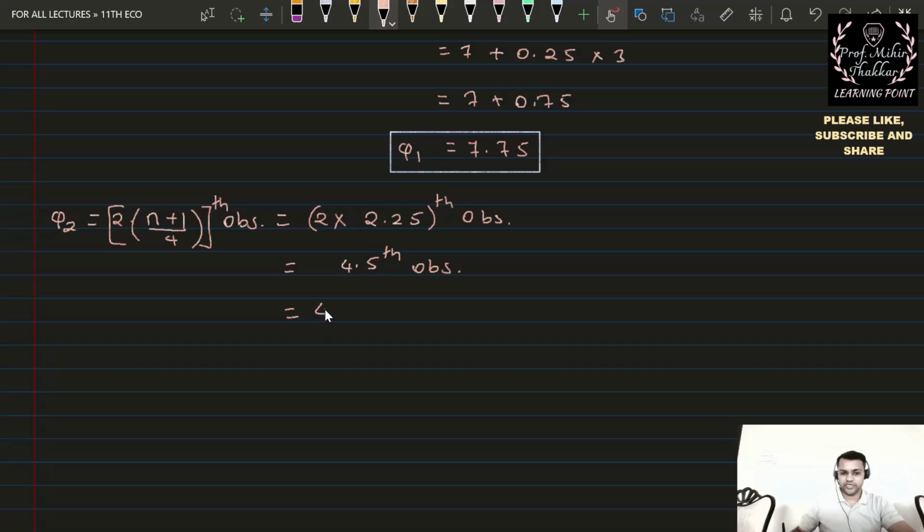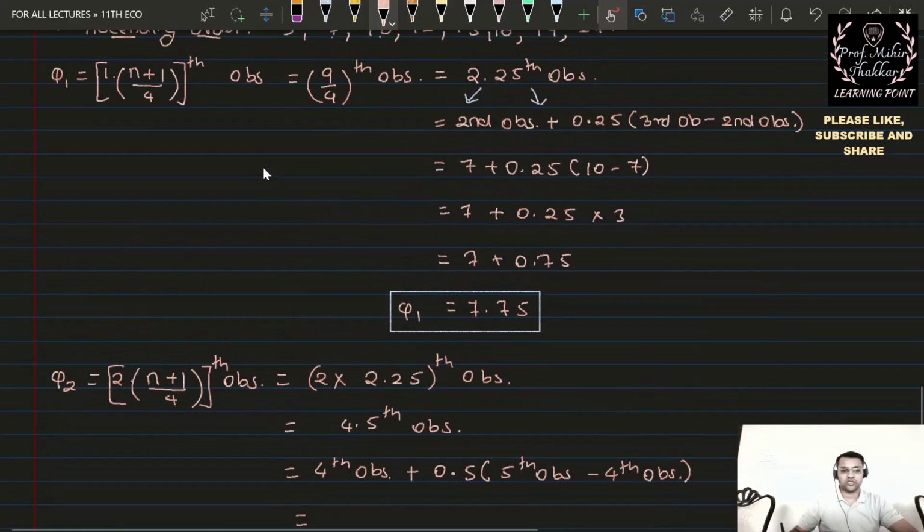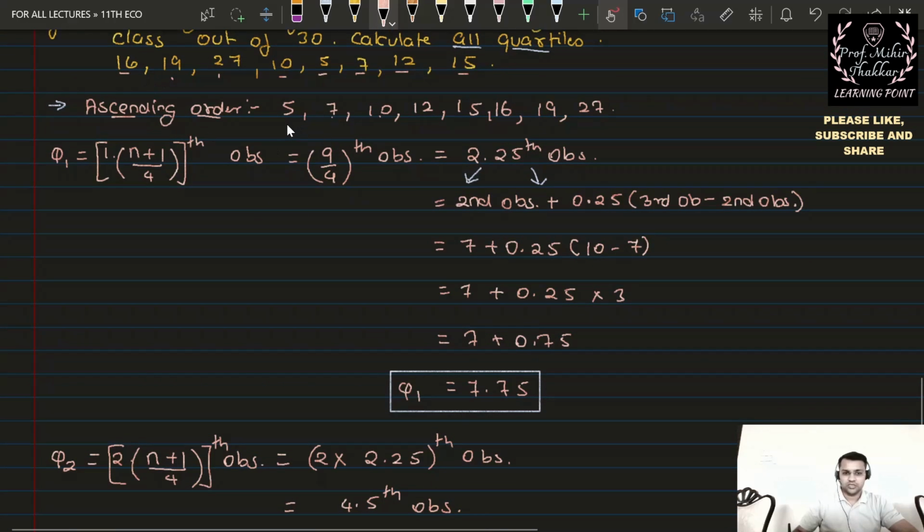So again I will split it into two parts. Fourth observation plus 0.5 multiplied by. Now this 4.5 lies between the fourth and the fifth observation. Therefore the distance of 0.5 will be taken with fifth observation minus the fourth observation,